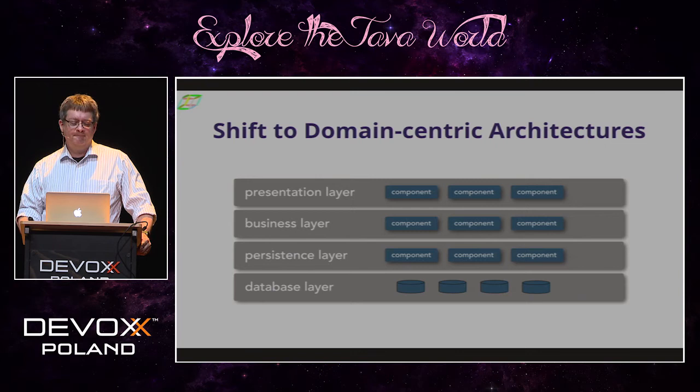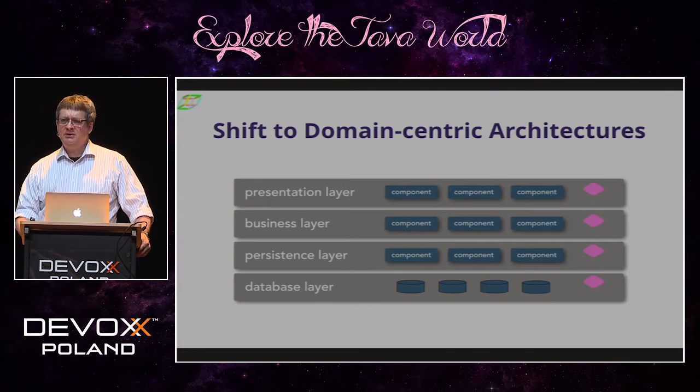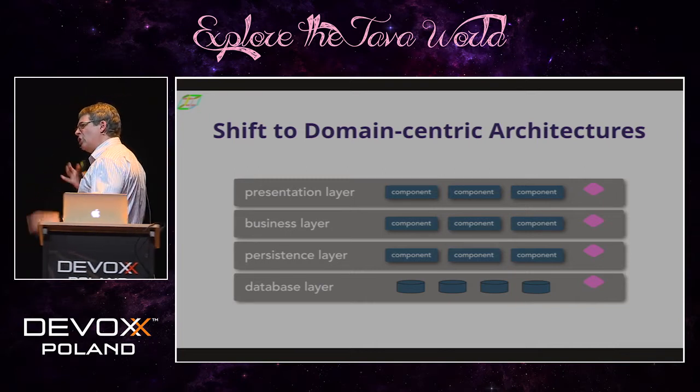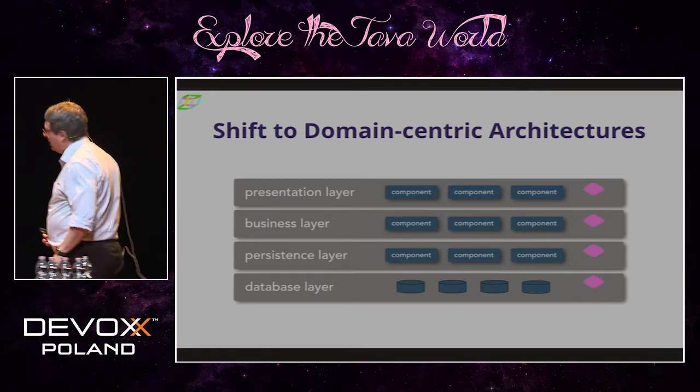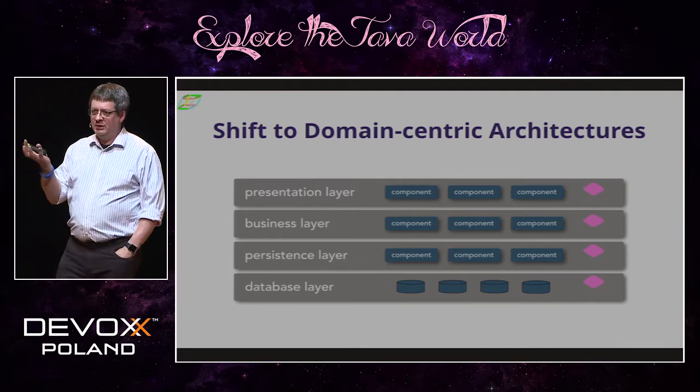I have a question for you. How many times do you swap out your entire persistence layer in your architecture? Pretty much never. Because once that's in place, there's no compelling reason to swap the entire thing out. But remember when I was talking about where customer lives in the layered architecture? How often do you make changes to customer or these other domain entities? Pretty much every day. And so part of the reason we shifted to this domain perspective on architecture is really just the realization that that's the unit of change that we most normally undertake.